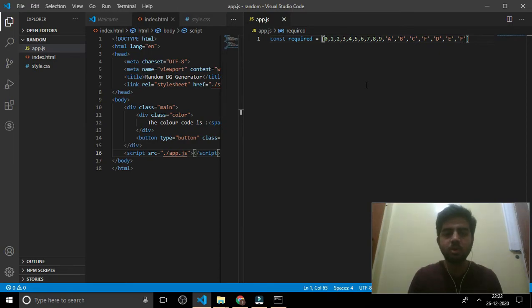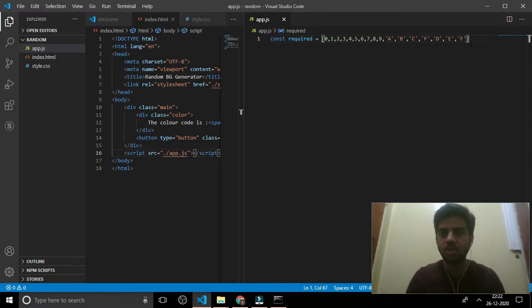So you may have seen hashtag FFFFFF, that will make the color white. Similarly, a random set of 6 strings will generate a particular color. Okay, now we are going to randomize that color.